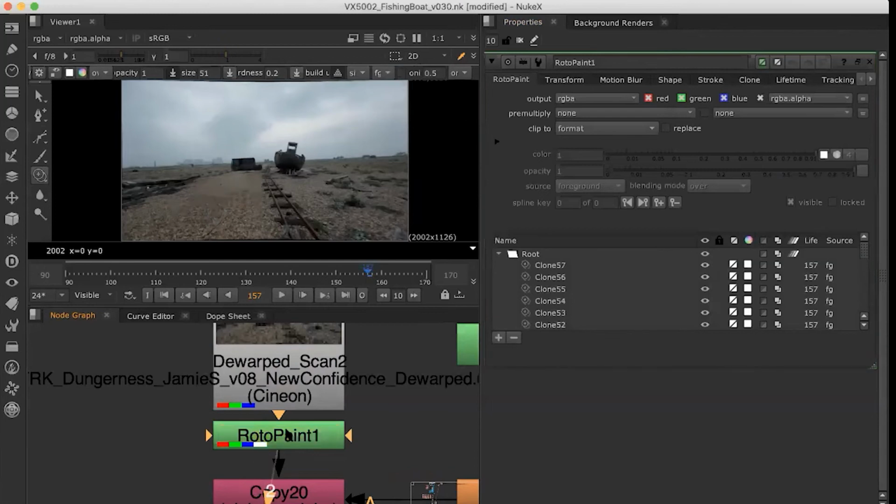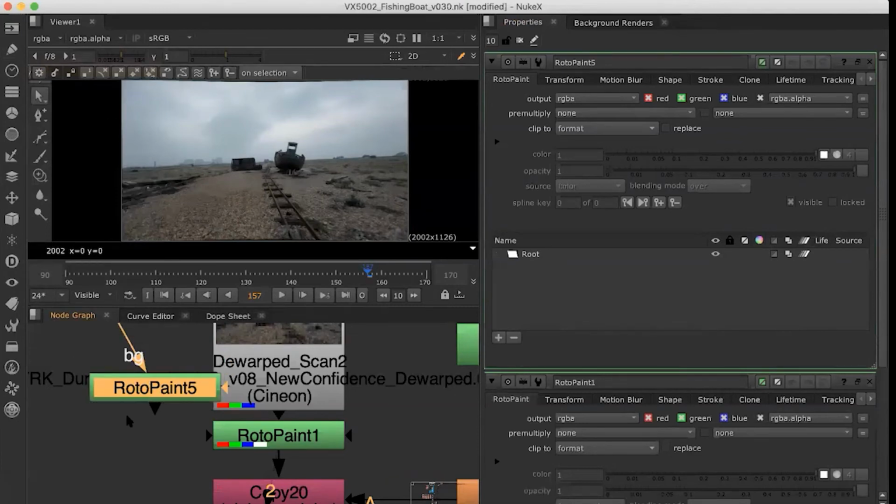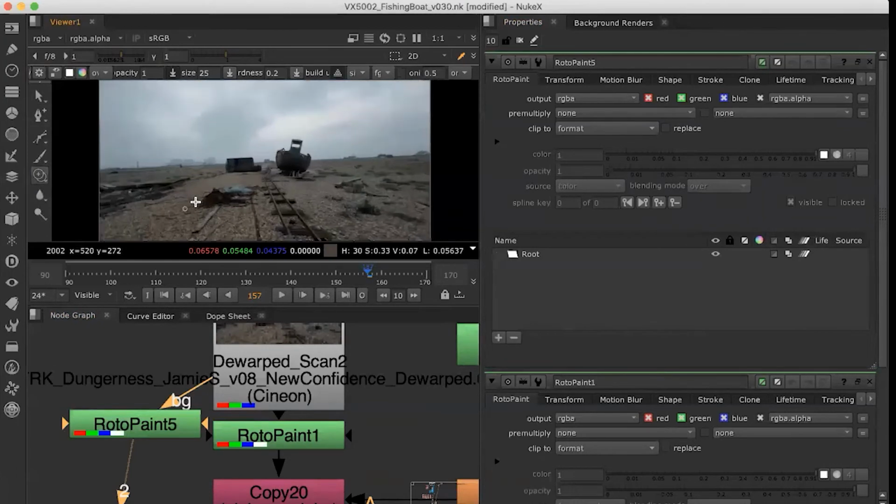I've added a Roto-Paint node, basically from one of these menus from the tool containers on the left-hand side. So with Roto-Paint, I can attach it to the plate and use, let's say, cloning on it, zoom in, and